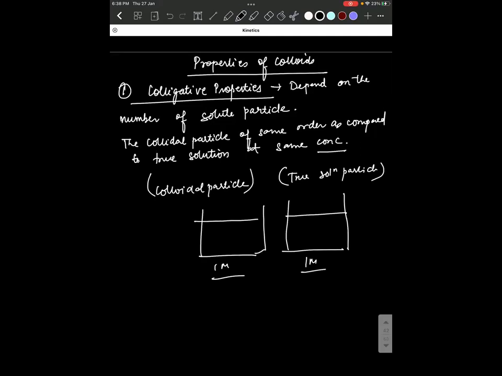Okay, so if I want to fill these colloidal particles and these true solution particles, for which the number of particles will be more,